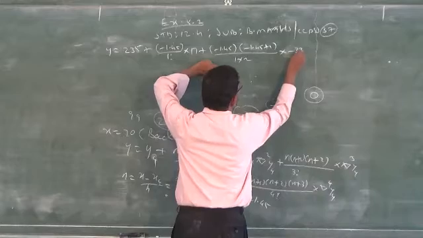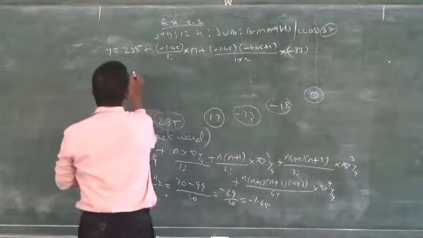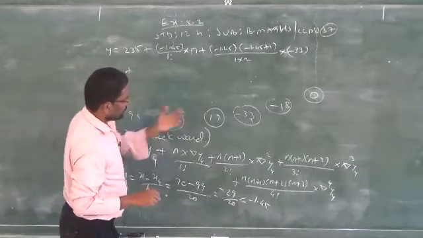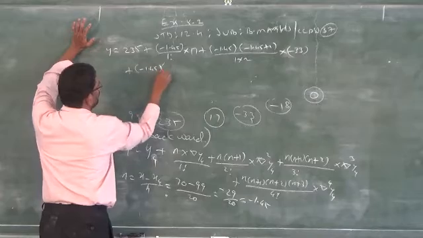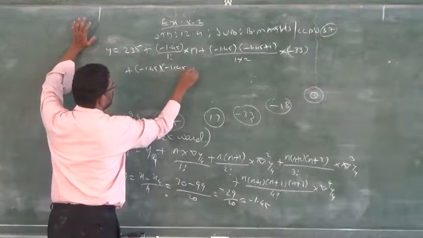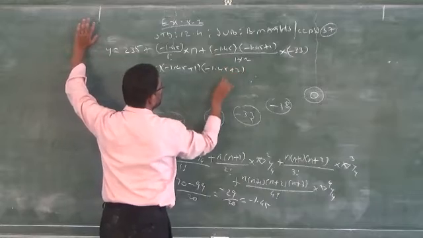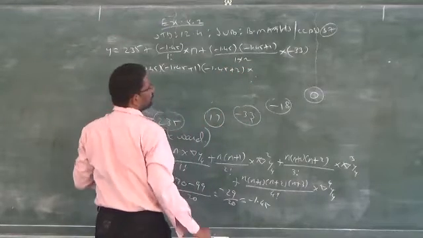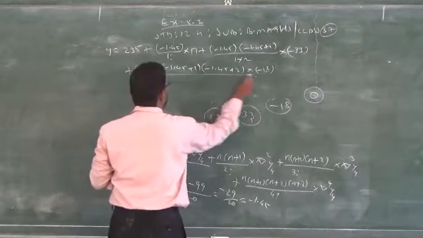That is minus 33. Plus, what is the next one? Nabla cube: minus 1.45 into minus 1.45 plus 1 into minus 1.45 plus 2 into nabla cube y4, minus 18, over 3